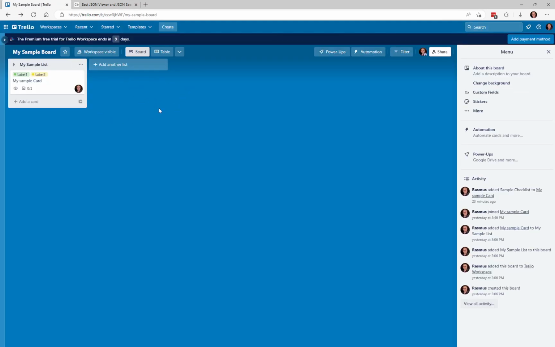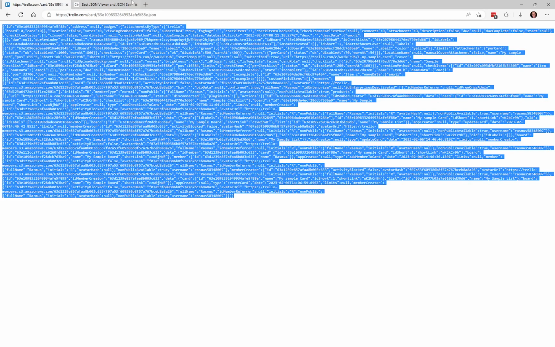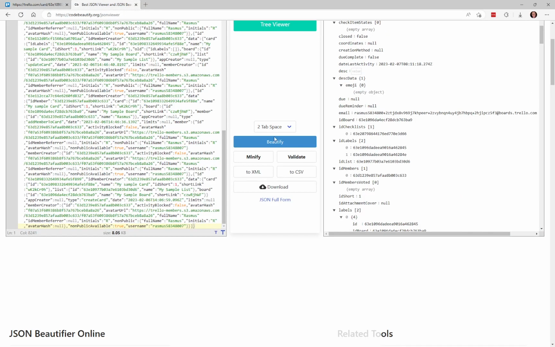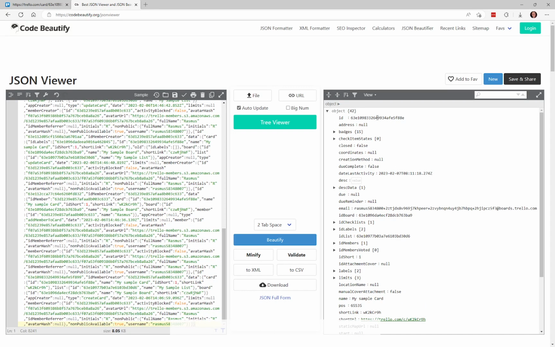If you just want to limit the data a bit and, for example, say only the things I have on this card, you can also do the share and export from that. A bit smaller JSON, and it will only be something that is associated with this specific card. But in the same manner, we have the ID. We have the board ID because it will show you which board it's on, and it will also show which list it's on, so it's easy to find. Take a card from that specific list to get the list ID and not look among all of them.